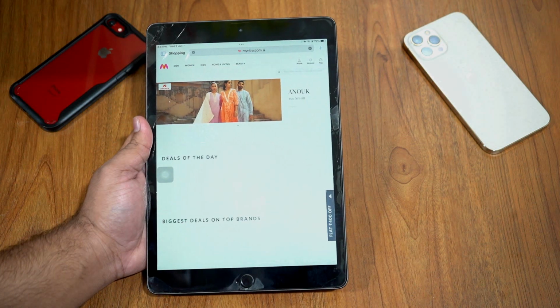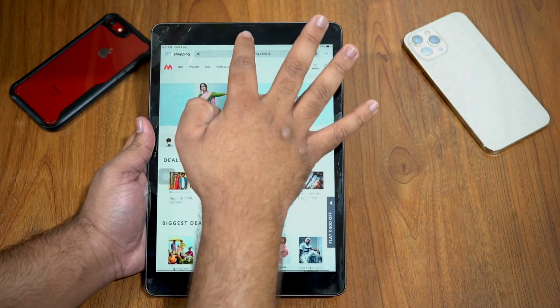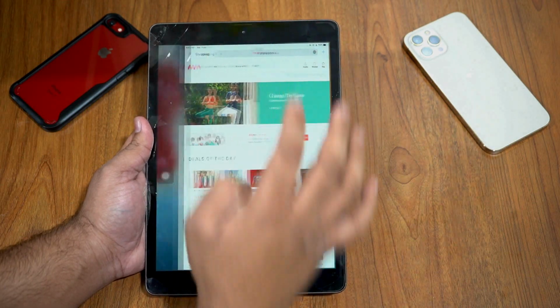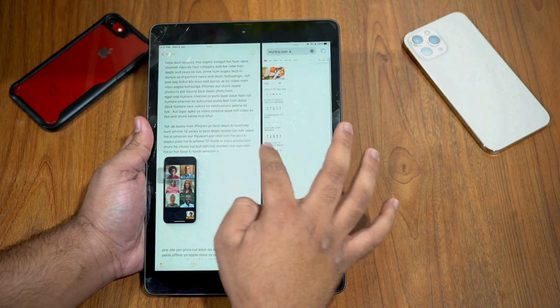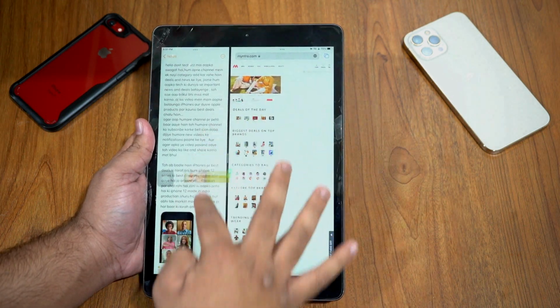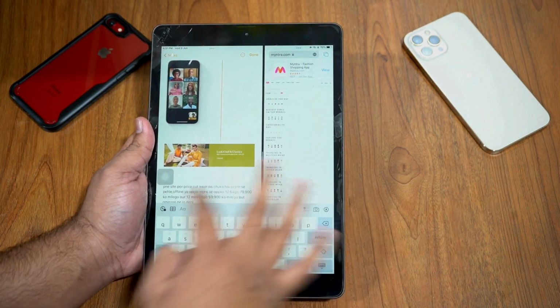One new important feature that has been added in iPadOS 15 is that in most of the apps you have 3 dots at the top center and by clicking on it you can use split screen for apps. A new drag and drop feature has also been added in some apps like Safari and you can drag pictures between different apps. So this can be really helpful while making presentations.